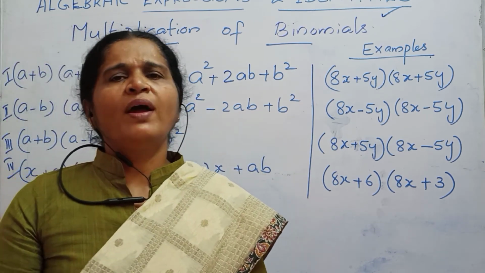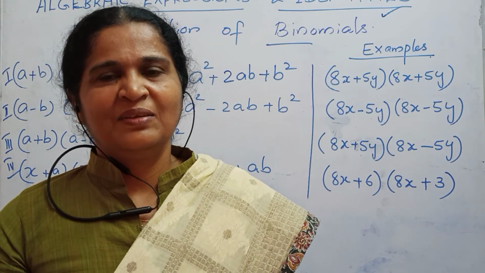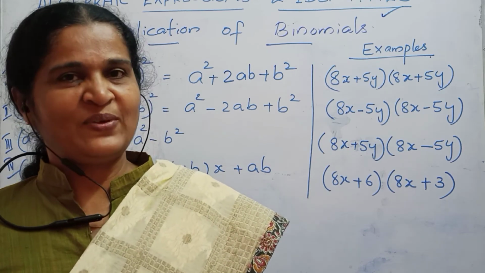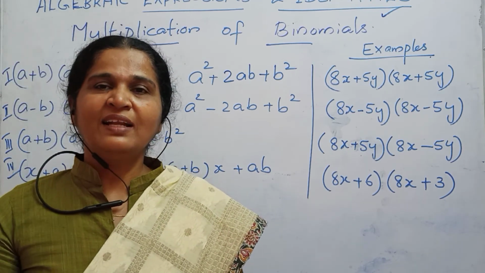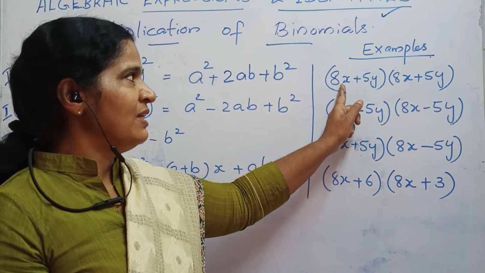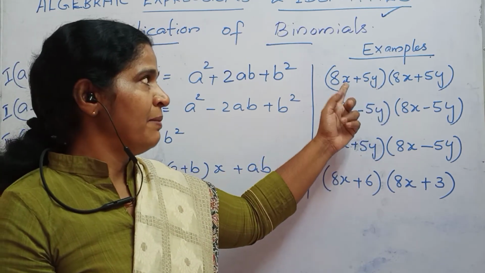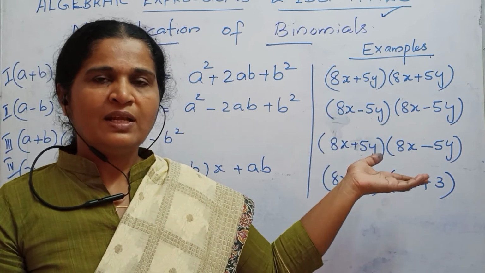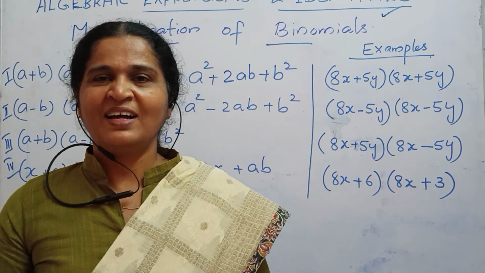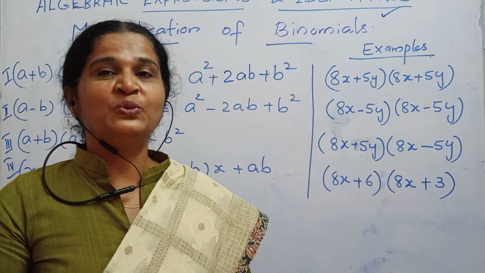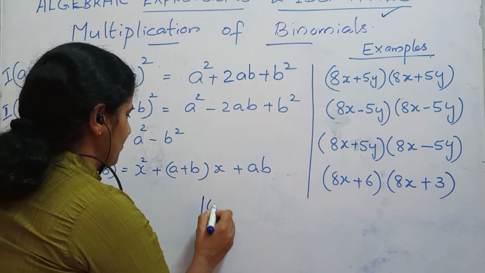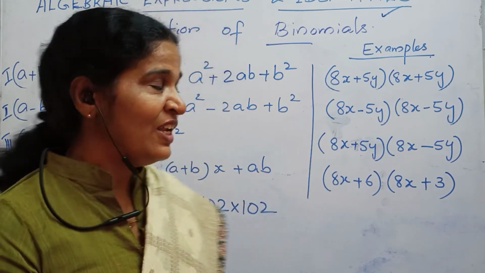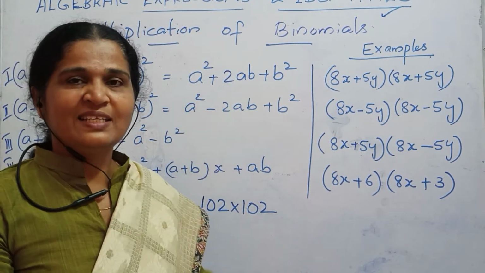And actually, why do we use these identities? People used to make fun of this. (a + b) the whole square is a² + 2ab + b². Actually, this a and b are numbers only. If there is some unknown number, x may be 1, y may be 2, something like that, those are actually numbers. Once my grandmother asked me to multiply 102 with 102. And she taught me one method. Actually, it was using this first identity only.